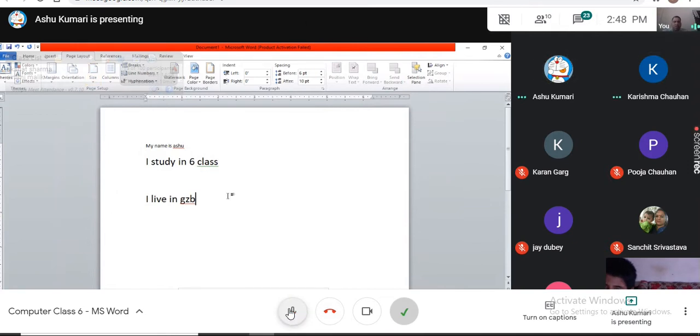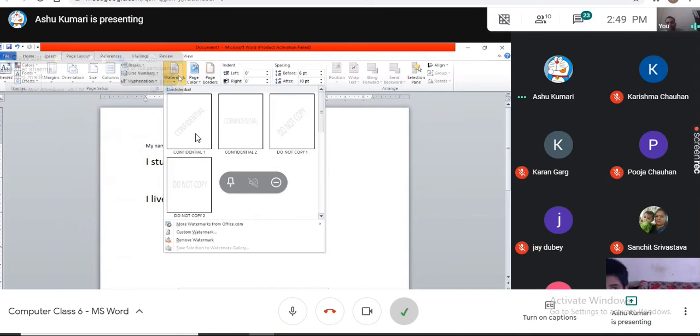So this is how we can change landscape and portrait using the orientation. Page orientation is also very simple. And the next option is page background. We can change the page background using the watermark option. Click on that watermark. There are different kinds of watermark available for a Microsoft document: confidential, do not copy.